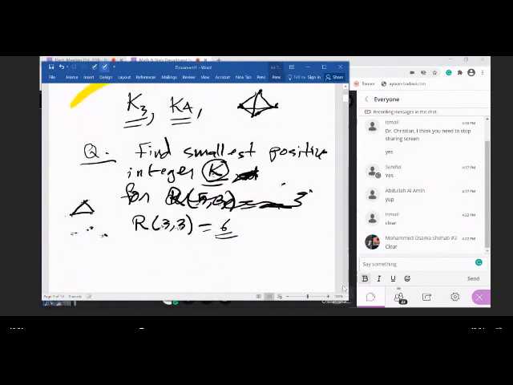What about the number R(6, 5)? Again, what do I mean by R(6, 5)? I want to know the smallest positive integer k, and here I'm talking about how many persons are in the group. K will represent how many are there, where you will have 6 people, and of course